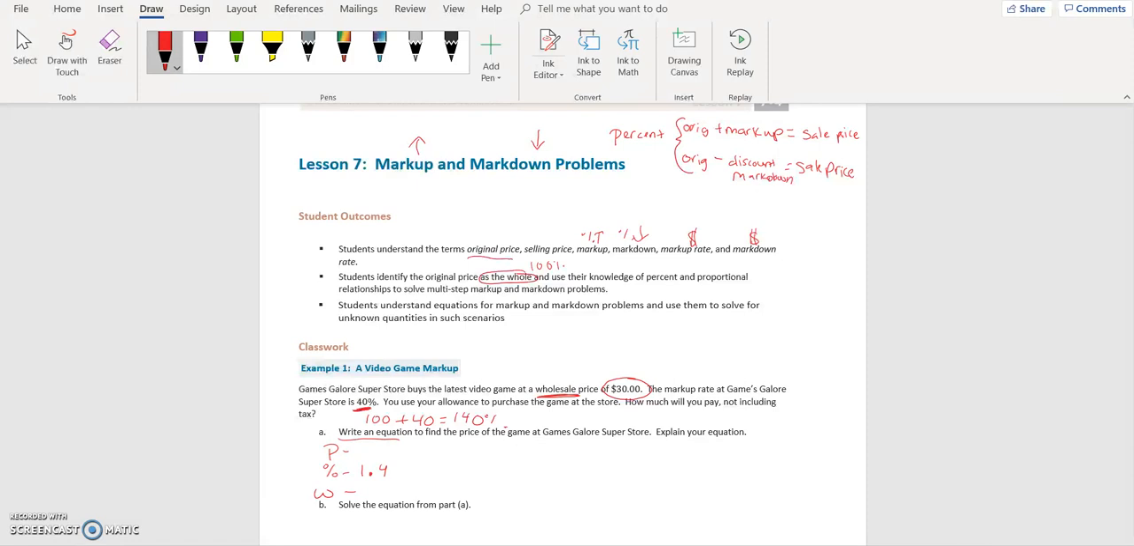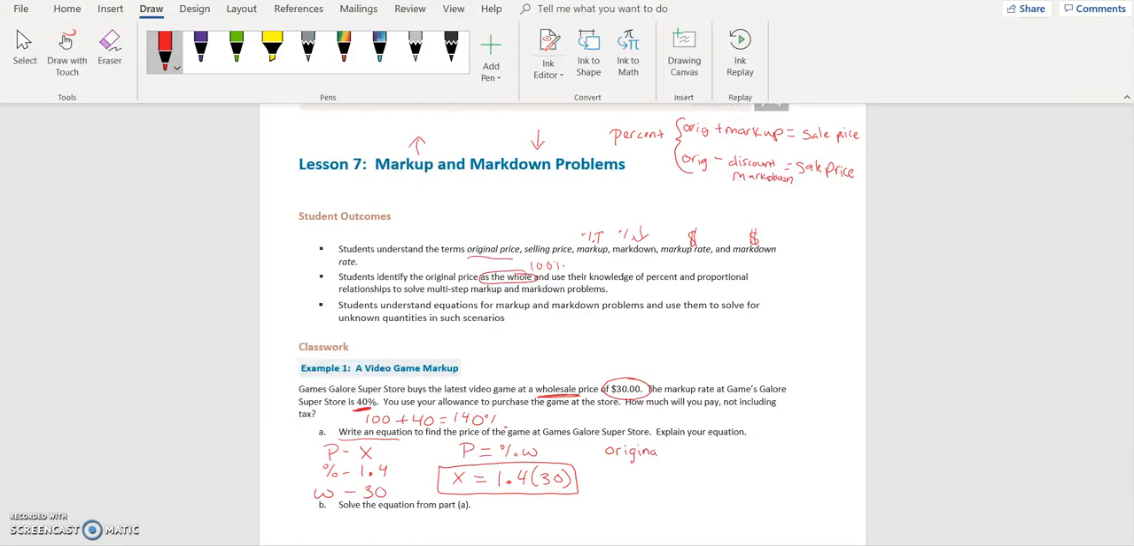Remember, our whole is going to be our original, so 30, and we're looking for the part. So we're actually looking for how much we are going to be paying. So our equation is going to be part is equal to percent times the whole. So our equation is x is equal to 1.4 times 30. So this is our equation, and then the way we got it, because it said to explain, is we took the